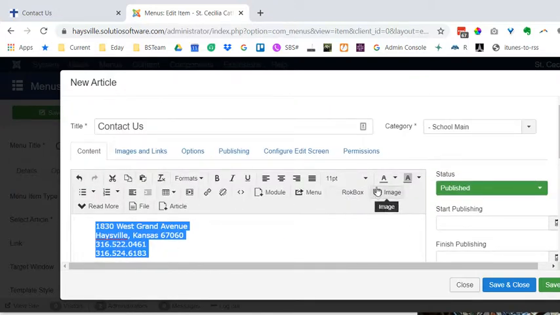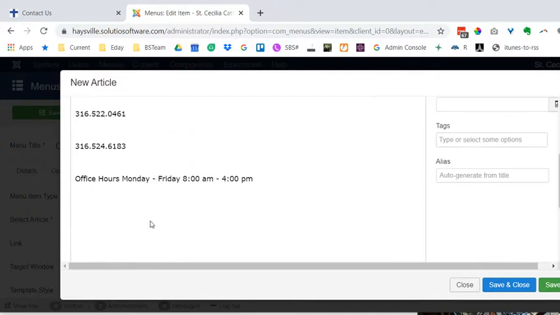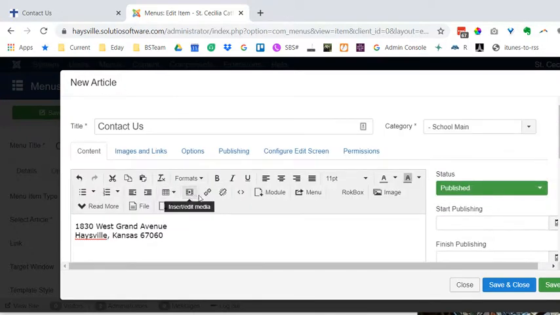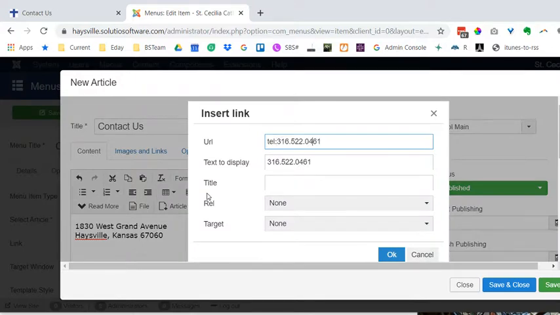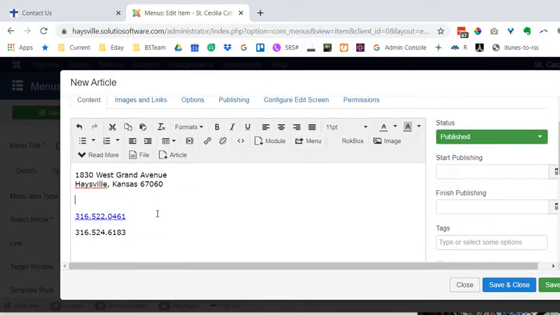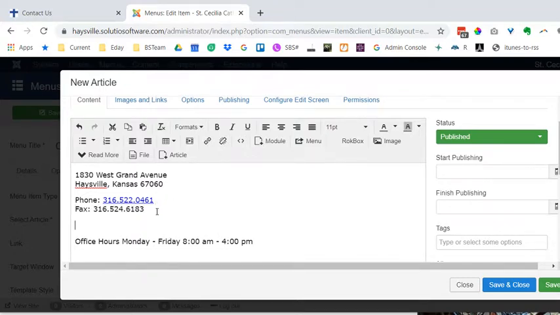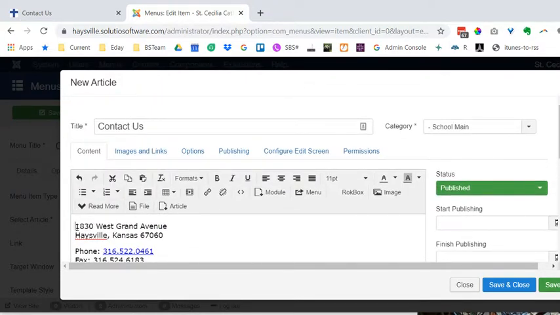I'm going to clear the formatting. It looks like there's an indent, so I want to be able to decrease that. And telephone numbers can be hyperlinked, like so. And I assume this is fax. Shift enter is a line break versus enter is a paragraph break. And we might even say,